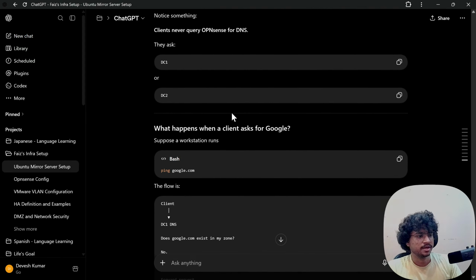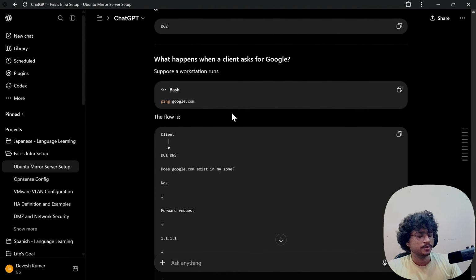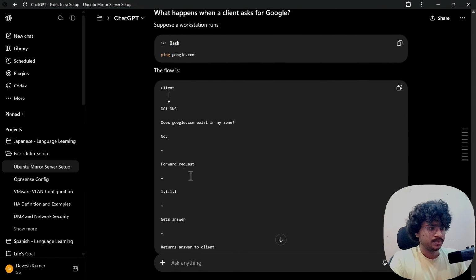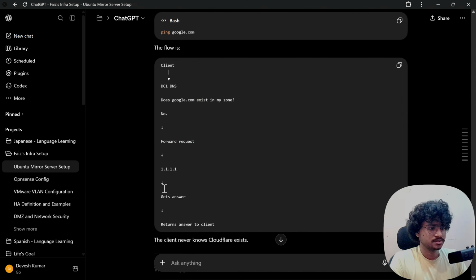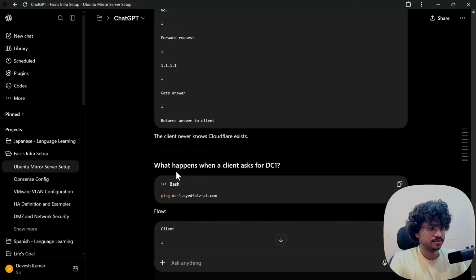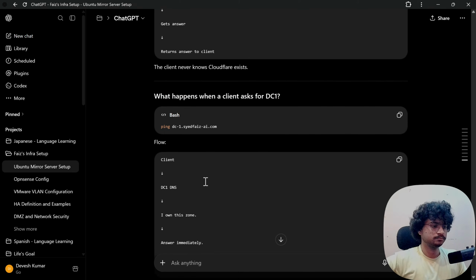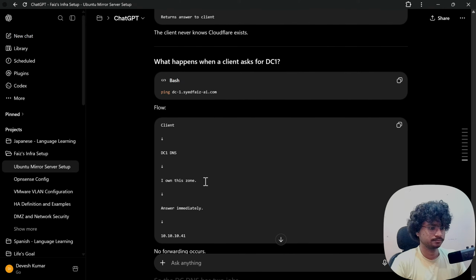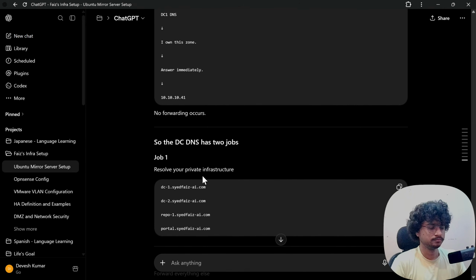What happens when a client asks for Google? The flow is: does Google exist in my zone? No. Forward the request to this, gets the answer, returns the answer to the client. The client never knows Cloudflare exists. What happens when a client asks for DC1? The DC DNS has two jobs.